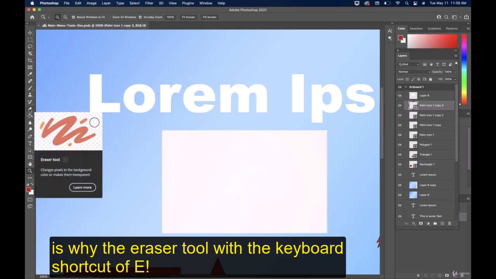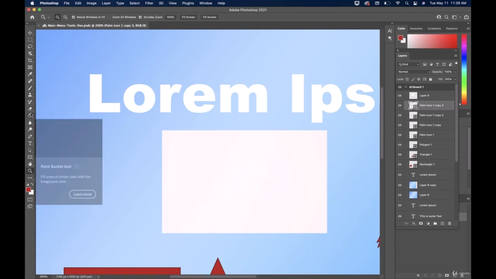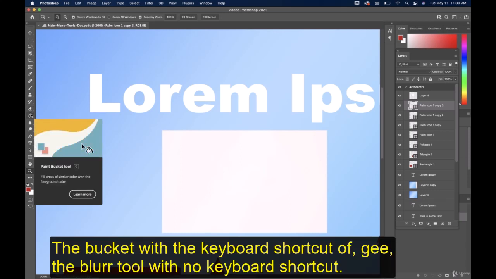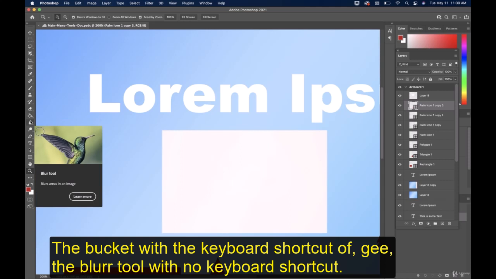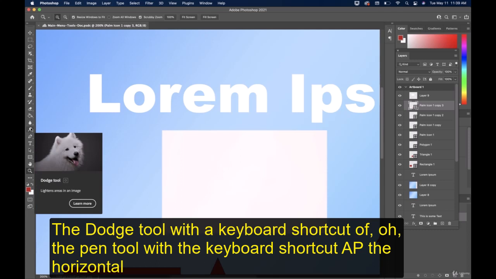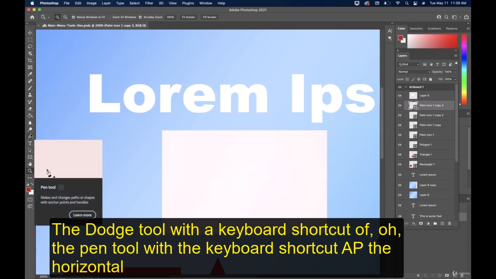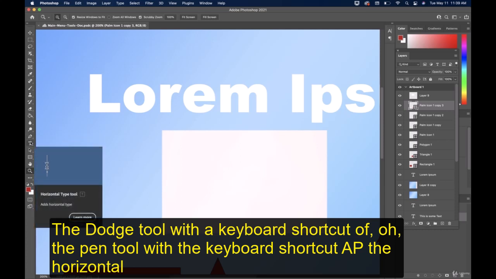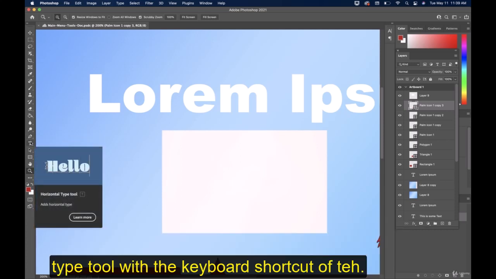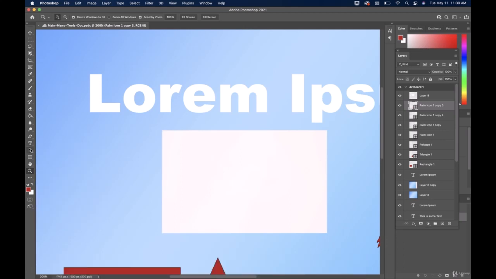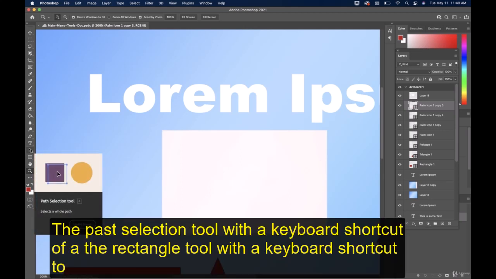The eraser tool with the keyboard shortcut of E, the paint bucket tool with the keyboard shortcut of G, the blur tool with no keyboard shortcut, the dodge tool with the keyboard shortcut of O, the pen tool with the keyboard shortcut of P, the horizontal type tool with the keyboard shortcut of T, the path selection tool with a